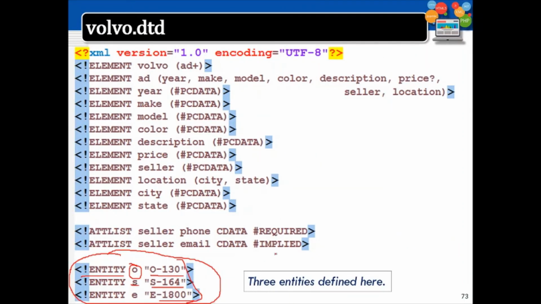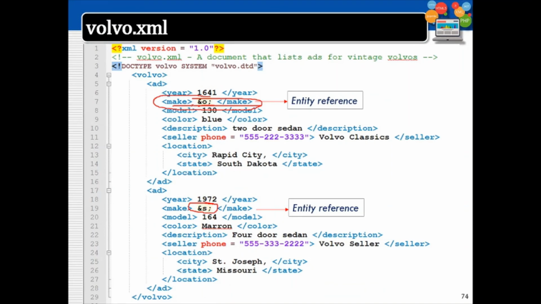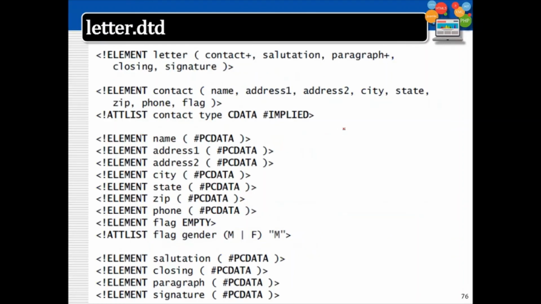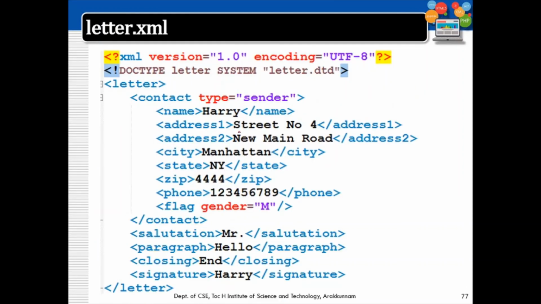So all these values are being substituted at the occurrences. Here we have given it like this, but the output is like this in the browser. So this is how substitution happens for entities. Here is another example of letter.dtd and the corresponding XML. So that's all about DTD.